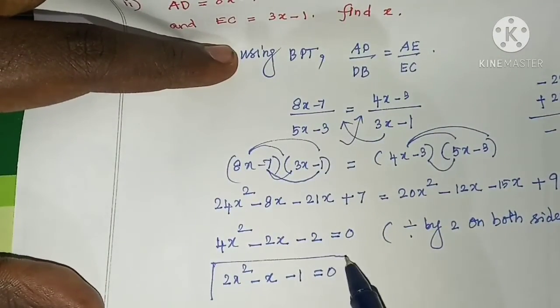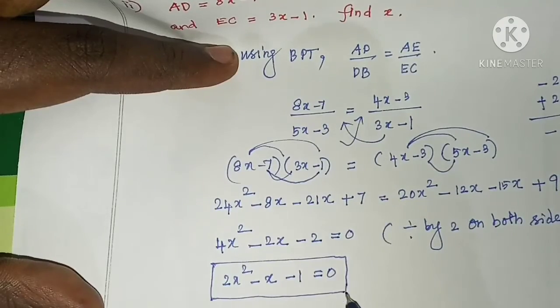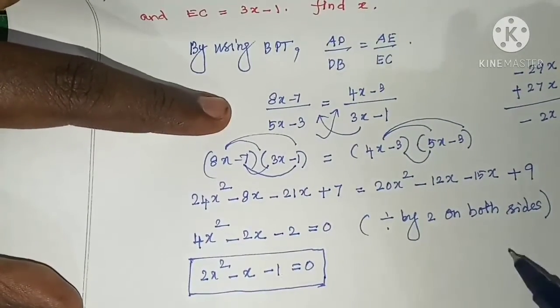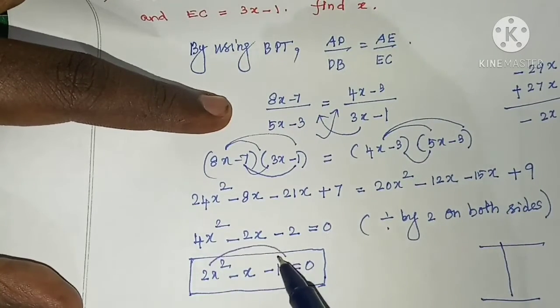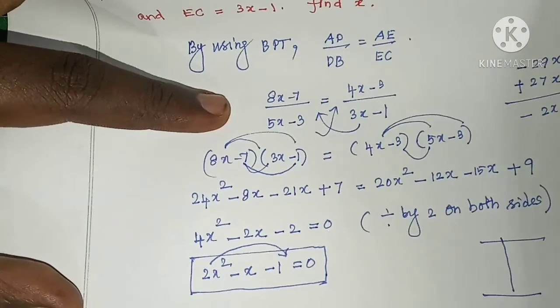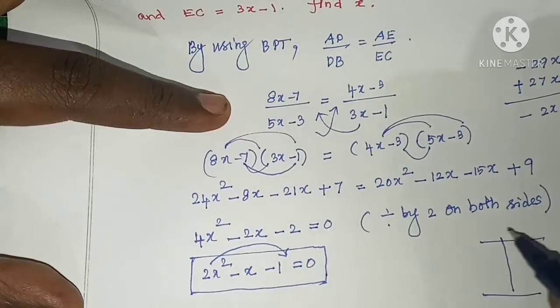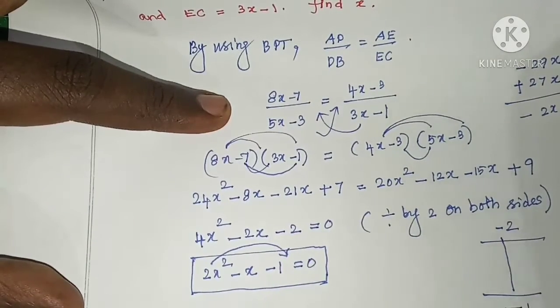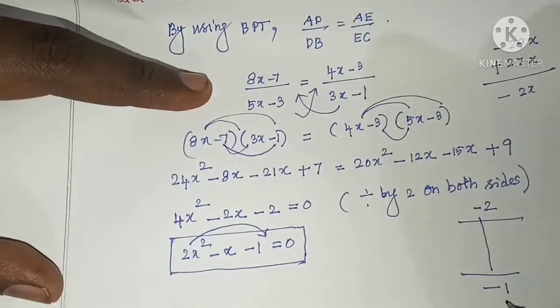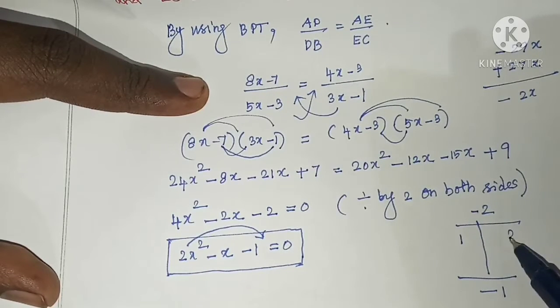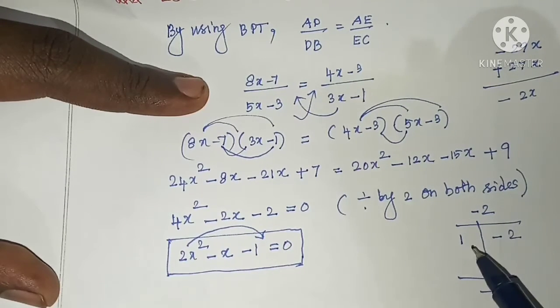What is it? It is in the form of a quadratic equation of variable x. Okay, so if the coefficient of x square is not 1, we want to multiply it by the constant term. So this 2 into minus 1 gives minus 2. We need two numbers whose product is equal to minus 2, as well as whose sum is equal to minus 1. What are they? 1 and 2. Okay, if you assign minus to 2, when we add it leaves minus 1, when we multiply it leaves minus 2. Okay, see, don't forget to do this.